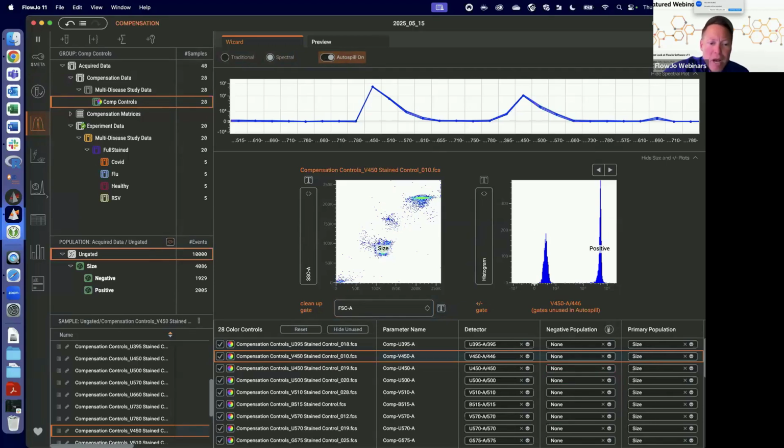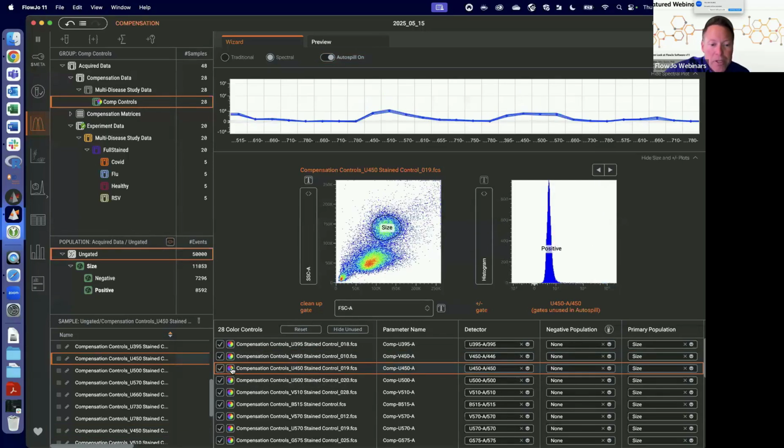I should mention the checkbox next to each one of these files is indicating this particular control should be used to create a parameter. Here is U450, which we can actually use as an unstained. I could turn that off if I wanted. I could also check the colored circle next to it. The rainbow circles indicate this is a colored control, and the gray box, if you have it, says this is an unstained control. And if we look at negative populations for any sample that we uncheck the colored circle for,